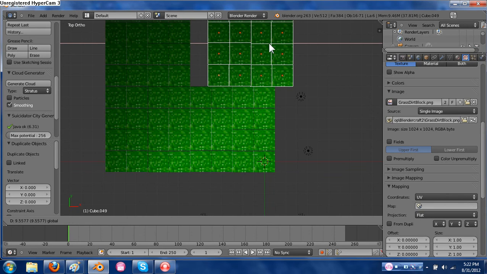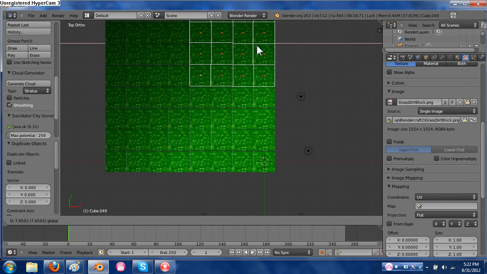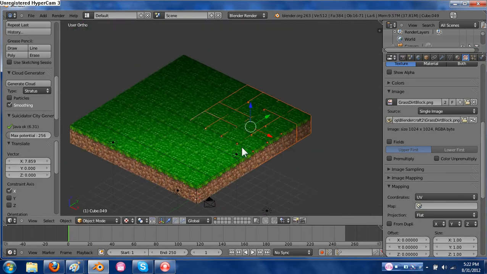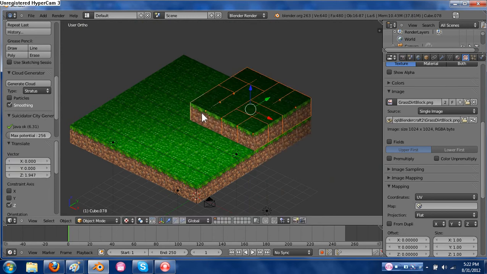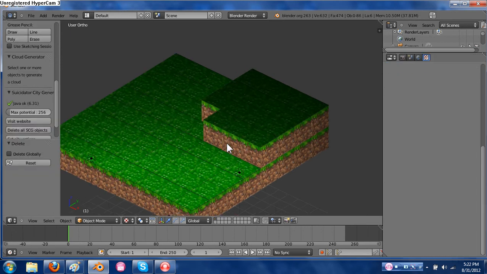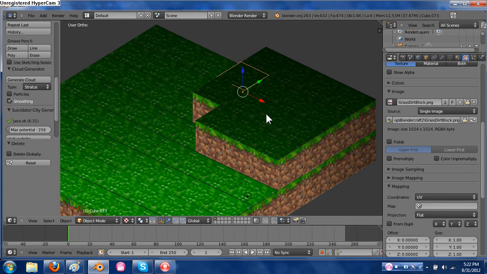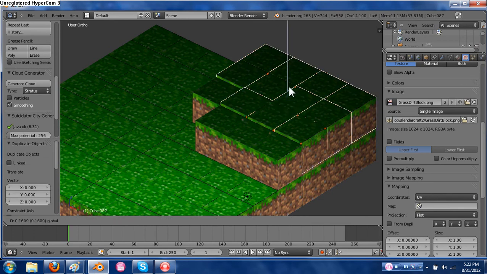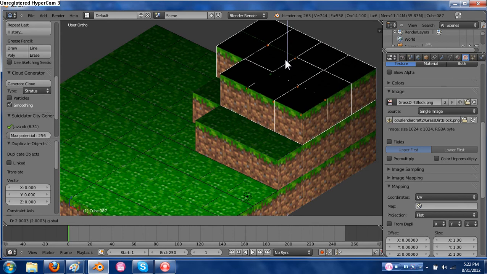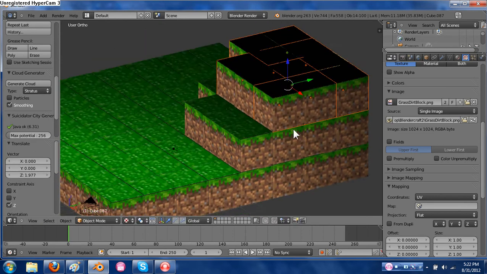Just got to be a little bit careful with this, because sometimes it doesn't come out perfectly even. Doesn't matter too much. But then let's do a Shift D and pull it up. And delete that one. Take these here. Shift D, pull it up. The only concern I have is that grass wouldn't grow here on Minecraft, so